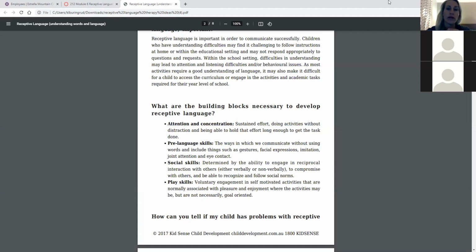Pre-language skills. So when we're looking at pre-language skills, things such as gestures, facial expressions, imitation, joint attention, eye contact. Joint attention is critical, and not just when we're looking at the signs of autism, where you'll see that a lot, but it's critical for all developing people. So joint attention is critical, and imitation. So sometimes you guys will be working and you'll see